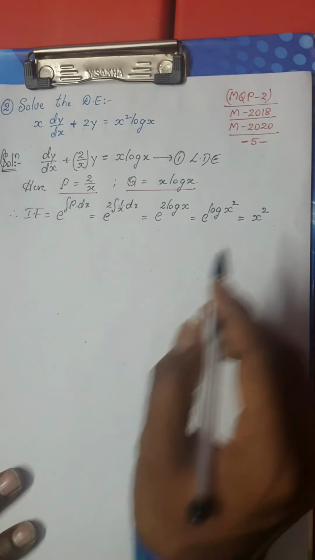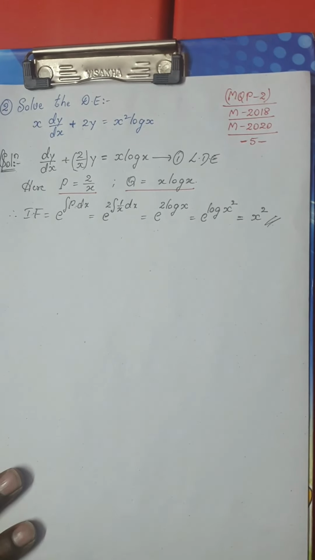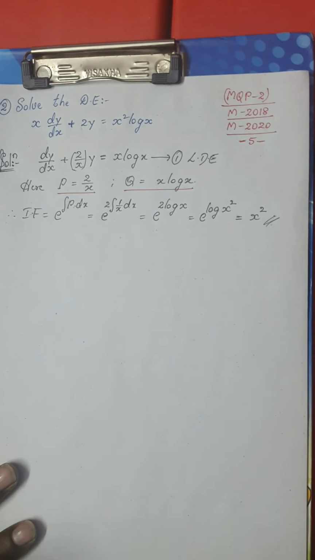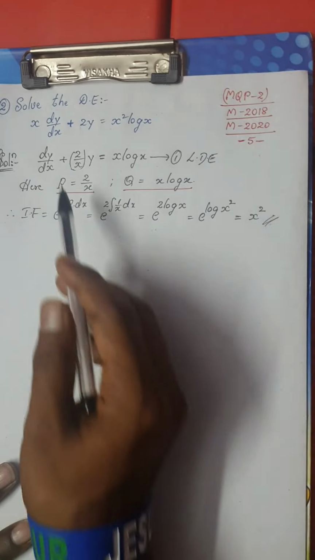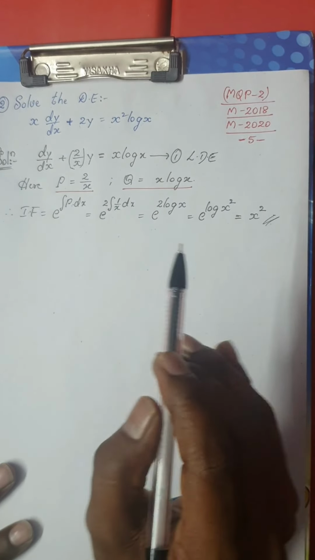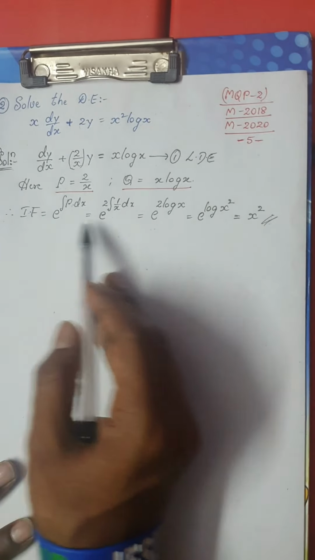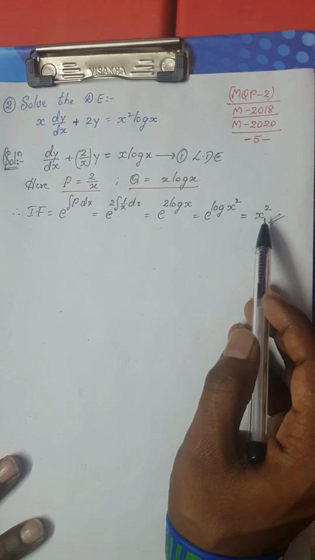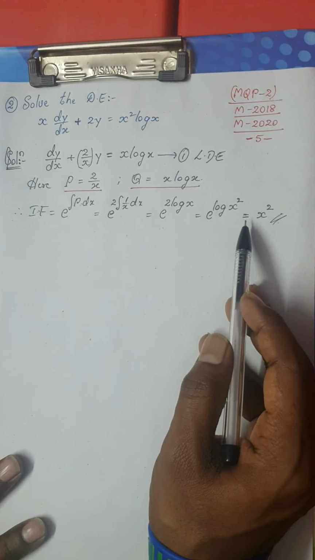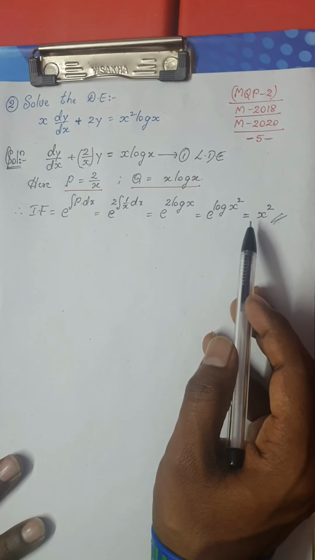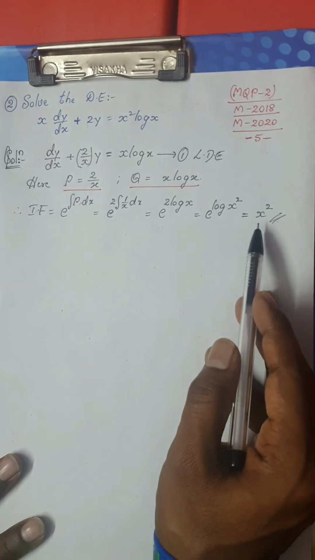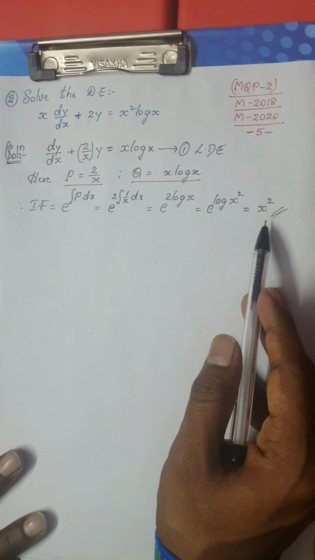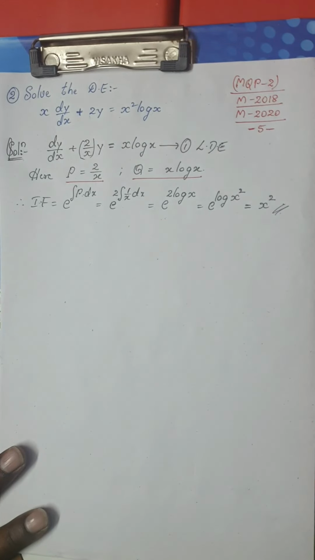Is it clear? So this is your integrating factor. Very simple thing, students, please be very careful, and remember, if the question is a general solution, you would get a minimum of 2 marks until you find the integrating factor. Sometimes according to your scheme of evaluation, just finding the integrating factor will give you 3 marks. But 2 marks minimum you will be getting if you have found the integrating factor. Okay, we shall move on to the general solution now.